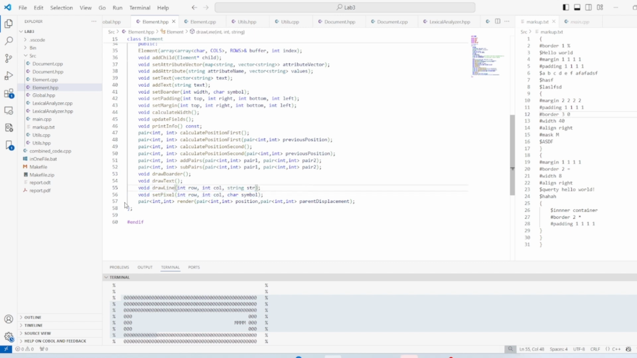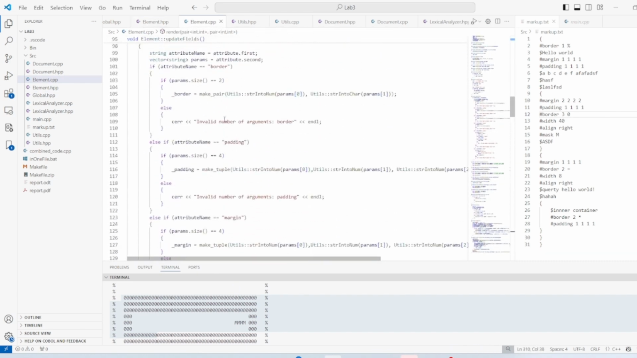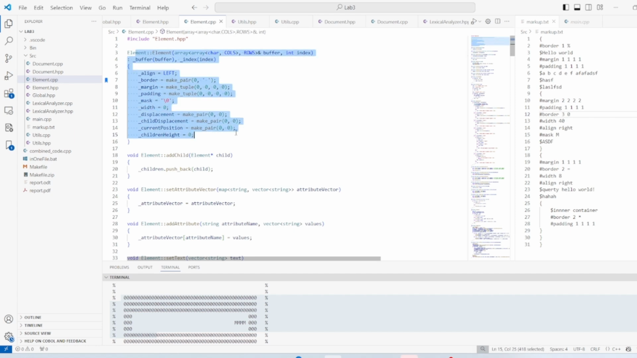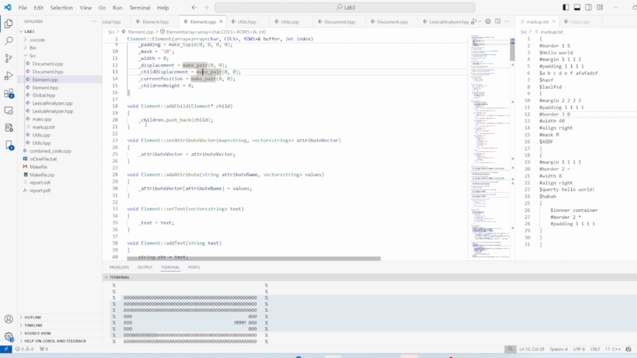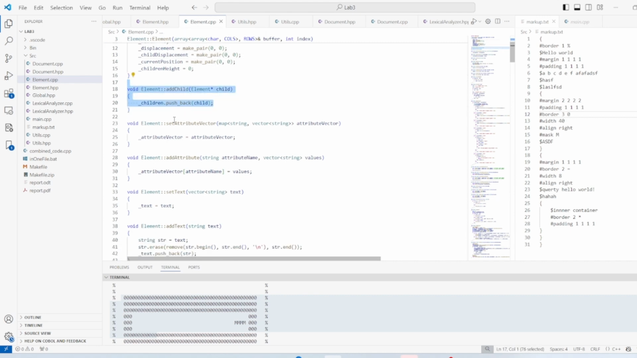Draw line. There is a draw line that is used inside draw text, and draw text just calls this draw line depending on alignment. It calculates the start point of the string, and this automatically draws the string, and the drawing will end when the string ends. So, and I can show something inside here, like some initial values for some attributes, like here some add child,